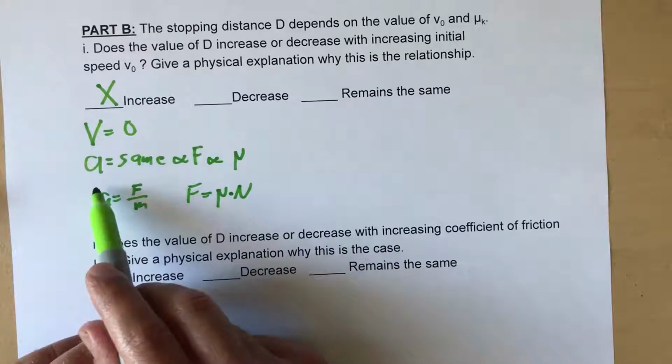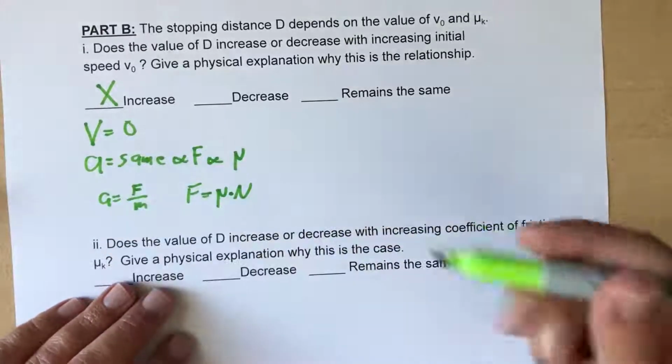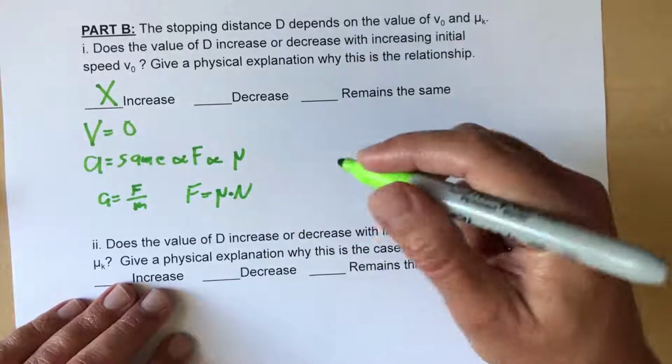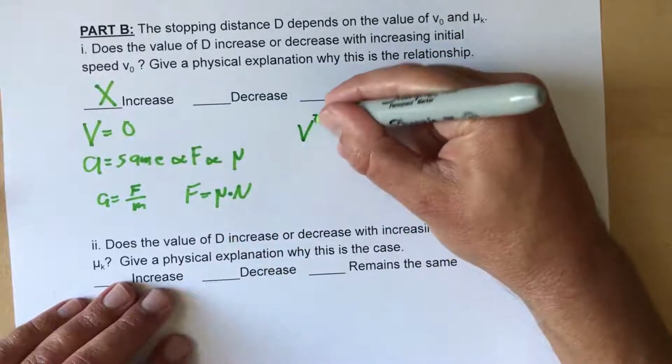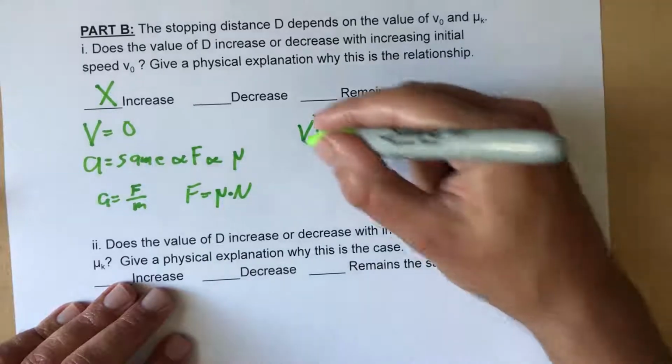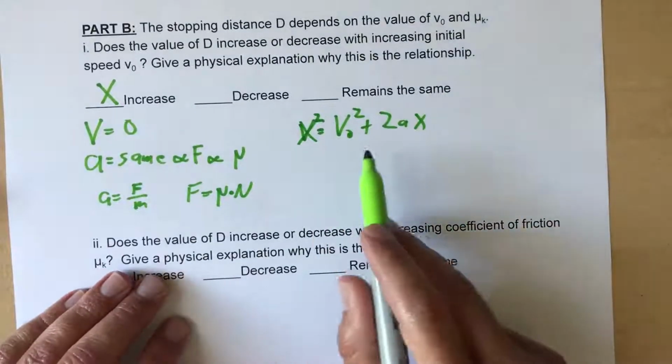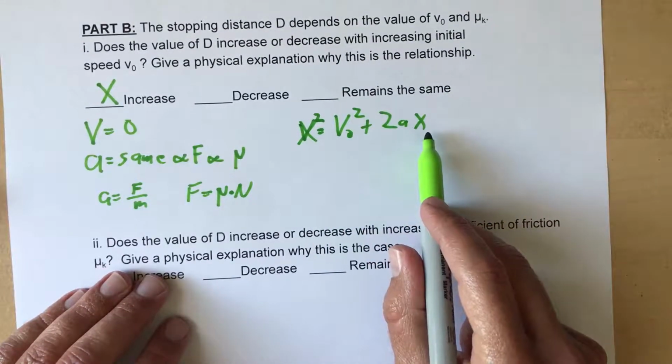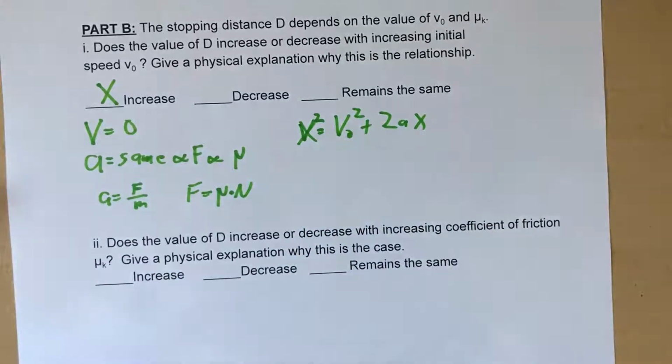So anyway, since the acceleration is the same and the final velocity is always the same, if you're going to look for the distance, it's actually what we've been calling the fifth equation, if you look at that. So this part will drop out to 0, and so the distance you go here will increase as the initial